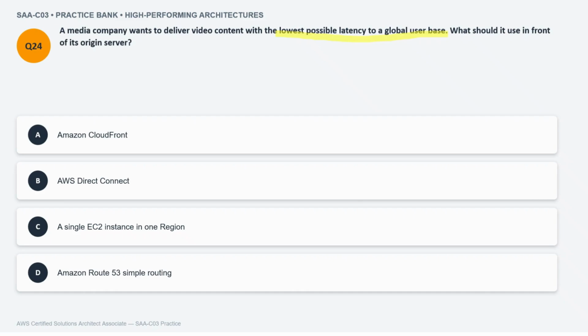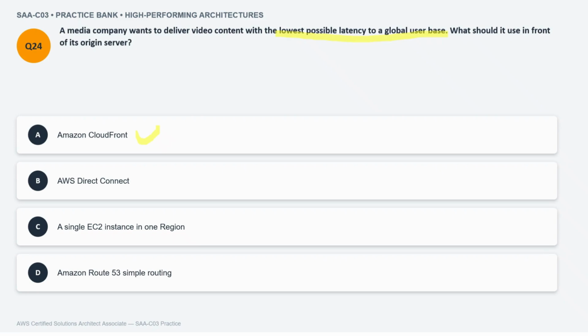So the answer will be CloudFront because they are asking for the global user base. Whenever there is any global word there, we can go with the CDN. So CloudFront is a CDN that caches and serves the content from the edge location close to the user, minimizing latency